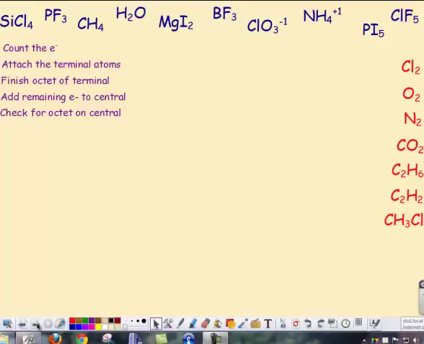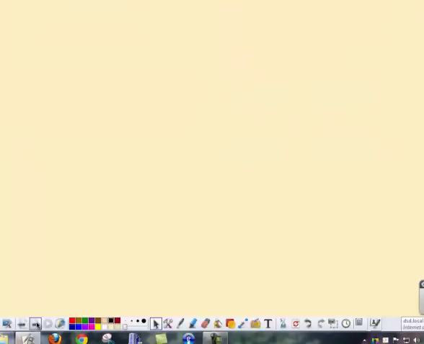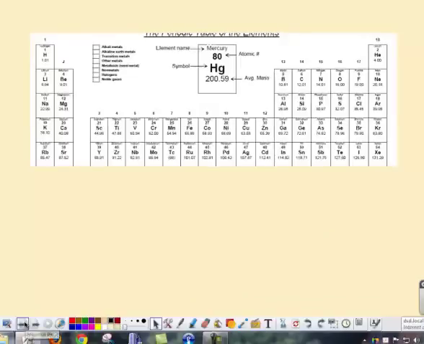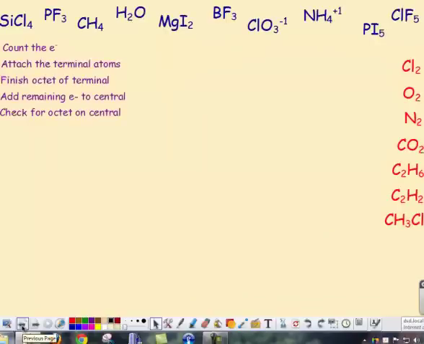All right, so now our discussion of dot diagrams, or these Lewis structures, as they're referred to. I have summarized here the 5 steps that we're going to follow from the handout that I gave you. The handout is on the website, and it looks like this, Drawing Lewis Structures. It's really just the first 5 steps in drawing these. I'll start from the beginning, though, and in order to do that, step 1 is,